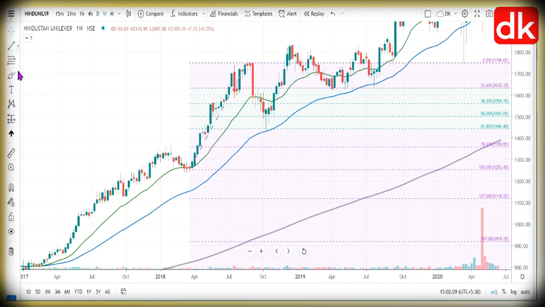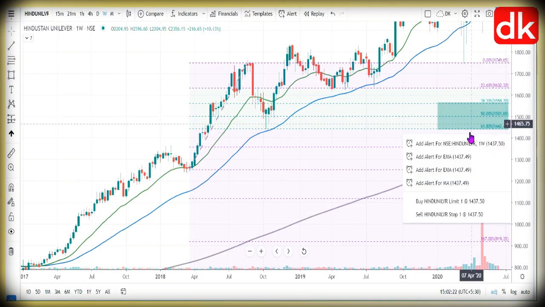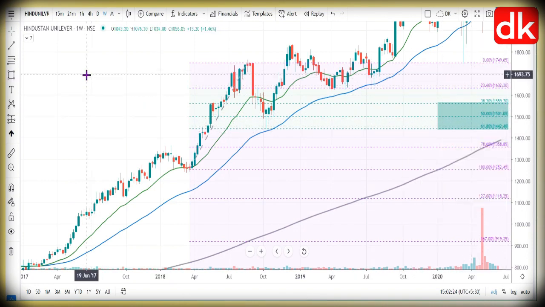So in a nutshell, I can say, in the majority of the time, I'm using the words majority of the time, price will retrace to this zone, which is a zone from 38% to 61.8%, and when a deeper correction takes place, price may go to the 78.6% level also. So any correction to the golden ratio, that is the 61.8% retracement level, is considered to be a healthy correction for a further up move. So friends, now let's move ahead to take an example in a downtrending market.